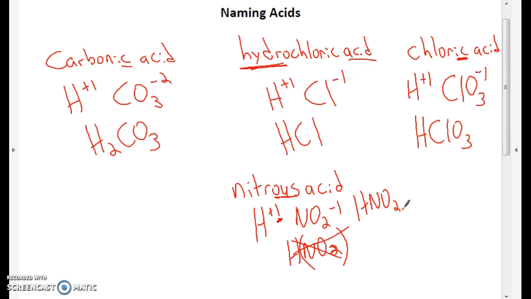But that is a general idea. Binary gets the prefix hydro. It always ends in IC. Ternary or oxy acids do not use hydro, and you have to look at the ending of the polyatomic ion. Polyatomic ions that end in ATE change the ending to IC, so like phosphoric acid. And polyatomic ions that end in ITE, like say you were working with phosphite, that would be phosphorus acid. And like I said, every once in a while they put some